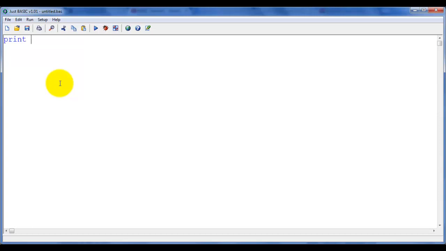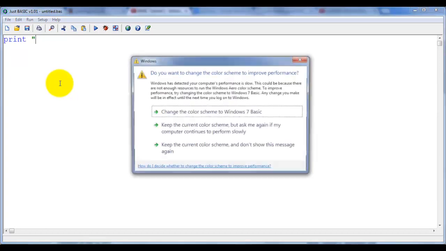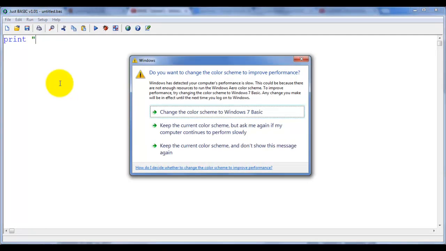Print, and I'll just put a space, and then we're going to print a string of characters. So when you're in the print command and you want to display some characters on the screen when you run your program, you need to use the print command, and this is where we type in